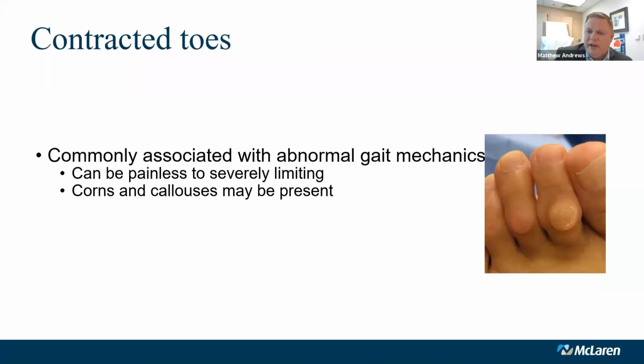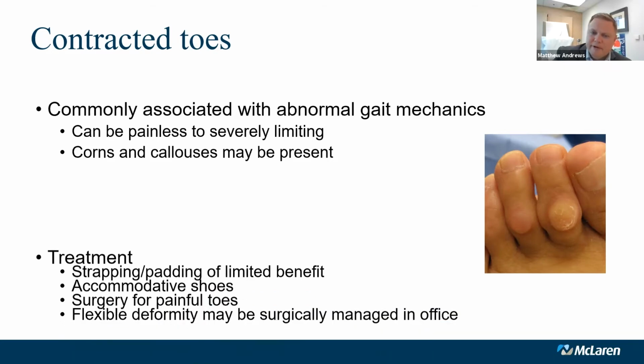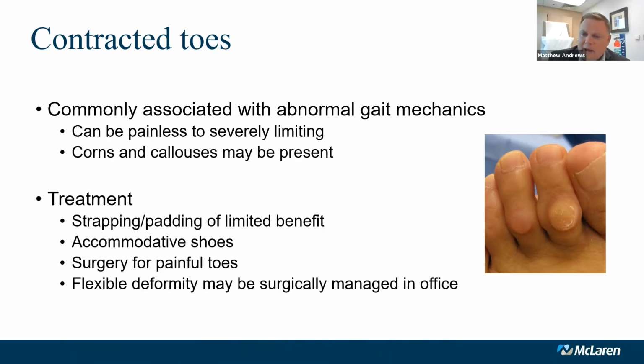This picture is a little bit more of an advanced case where you have some rubbing or irritation and you can develop corns or calluses on the top of those toes. Oftentimes, contracture of the toes, what we call hammer toes or hammer digit syndrome, is the result of walking long term. These can be painless in many cases, but in some cases they can be very irritating and painful. And you can get issues with rubbing of corns or calluses in between the toes or also on top of the toes where you have rubbing from the shoe.